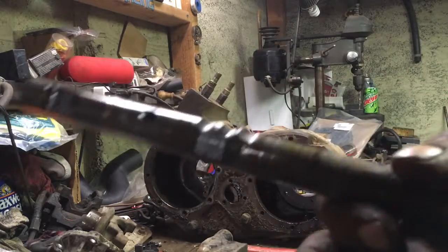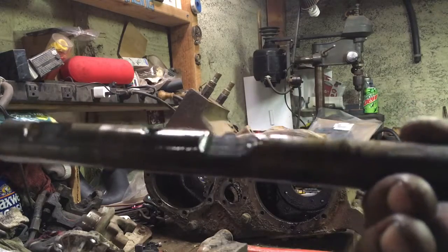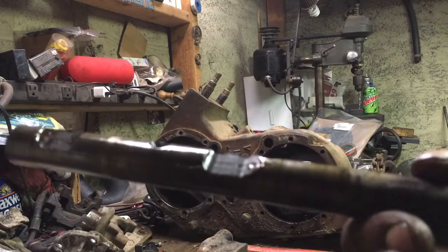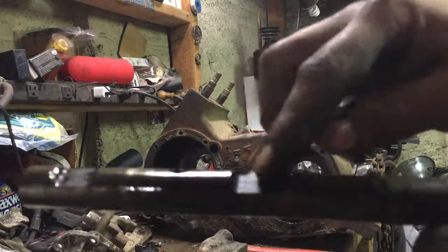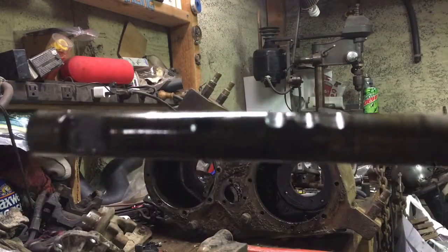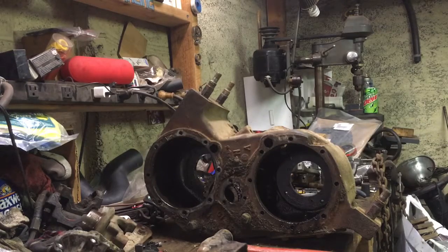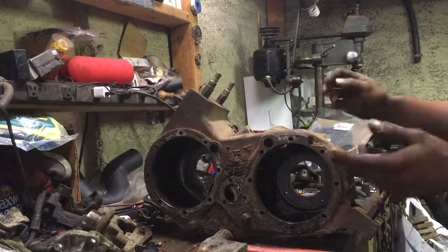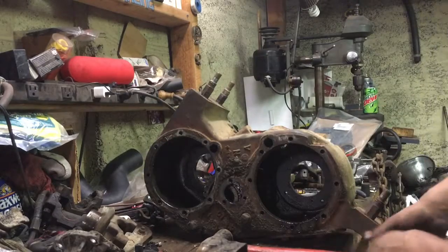I'm not going to show you how to do this, but you can do your own research and find out. If you're doing the twin stick conversion, you do a little bit of grinding on these notches here on either or both of the shift rails, and you can go ahead and get a twin stick conversion, which will allow it to do, you know, a front four-wheel drive low, for example, there. But anyway,